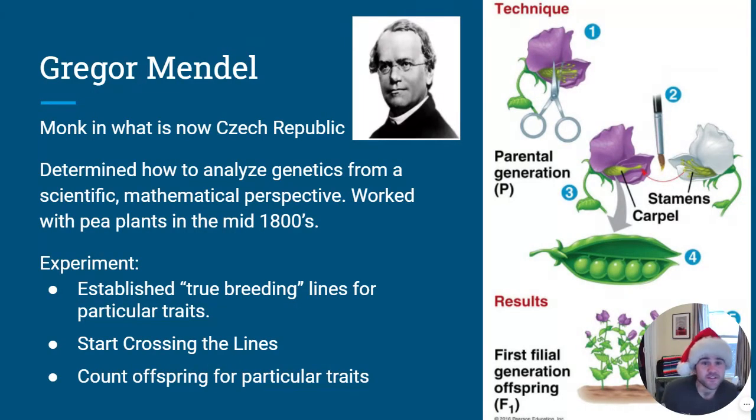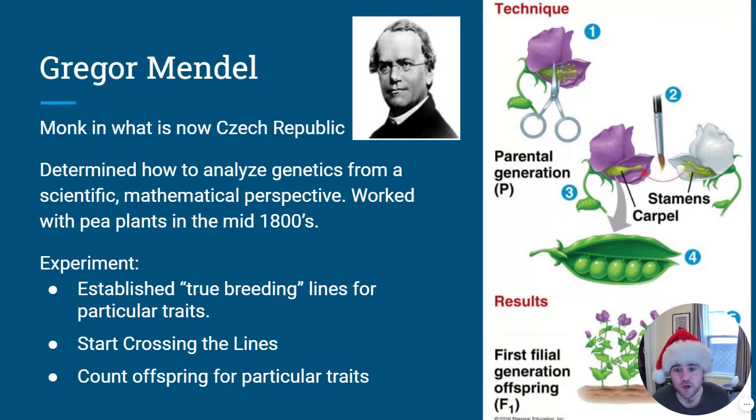In fact, his research was actually published around the same time as Darwin's publications, but Darwin never read Mendel. He was sent Mendel's work, but never really read it, and it was very much considered kind of that missing piece to his understanding of evolution and how these traits are inherited.